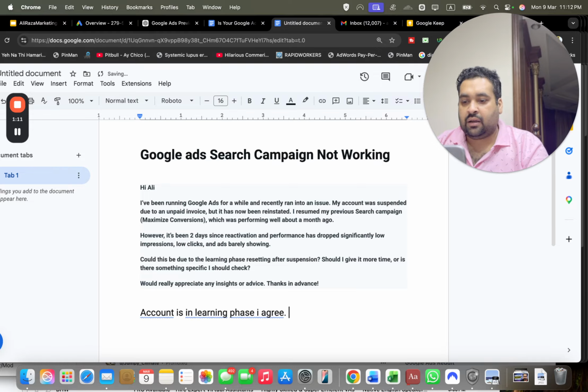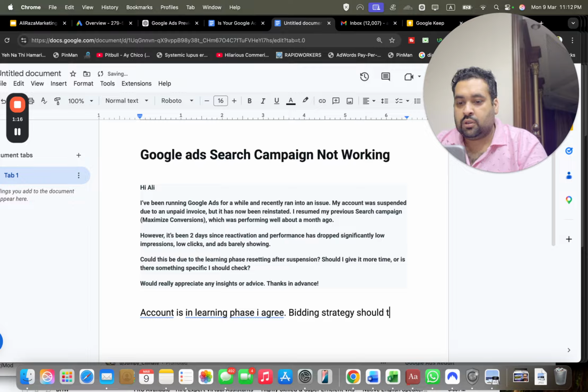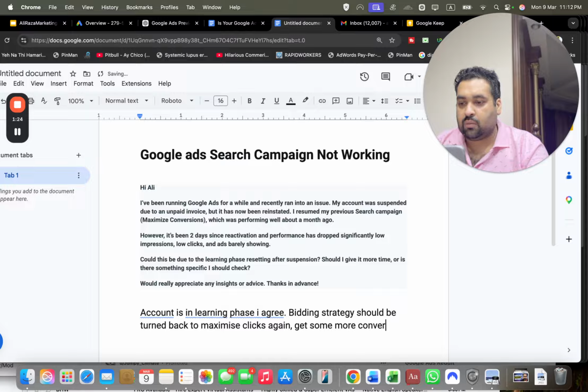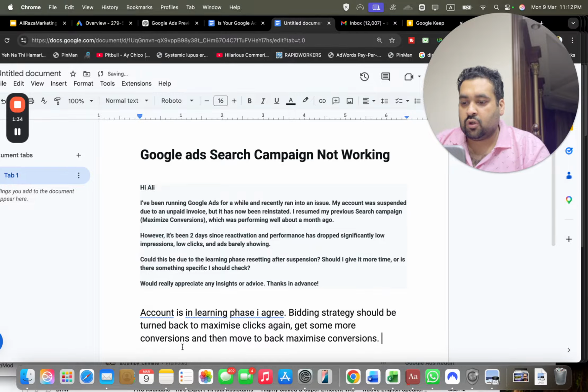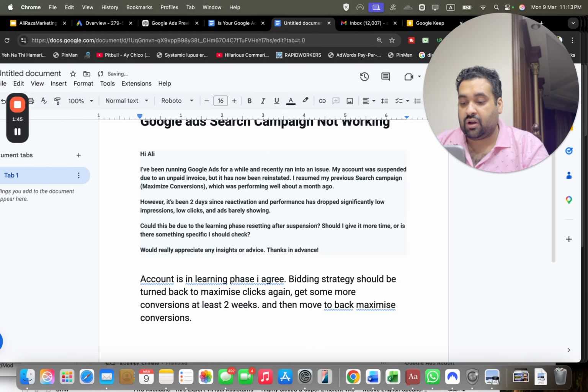But I think the bidding strategy for now should be turned back to maximize clicks again, get some more conversions, and move back to maximize conversions. Give it some time, at least 2 weeks, and then move back. Right now your quality score is also affected and your old conversion data is lost,